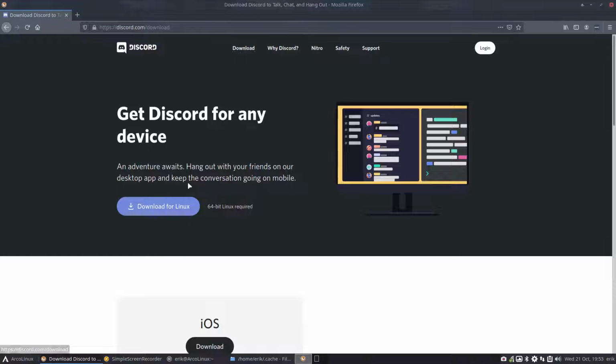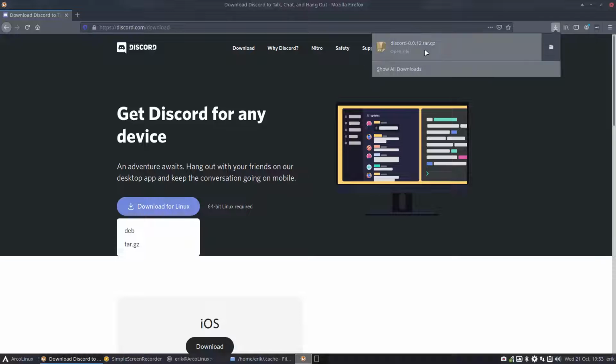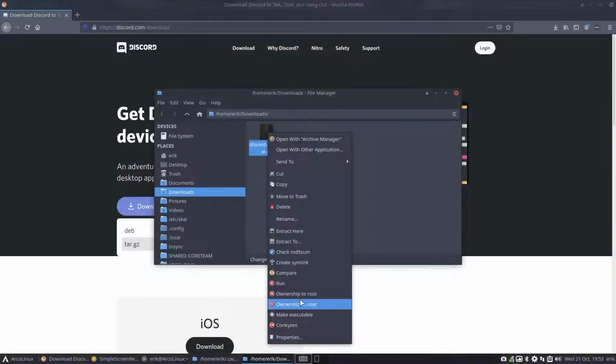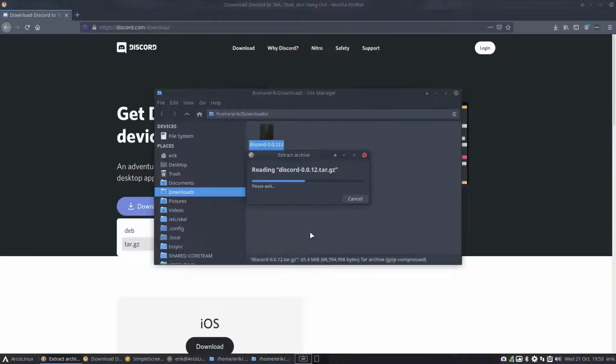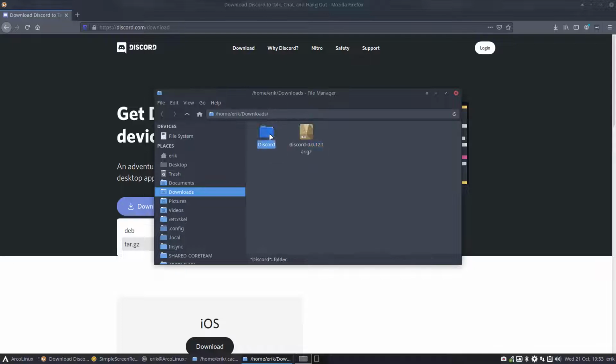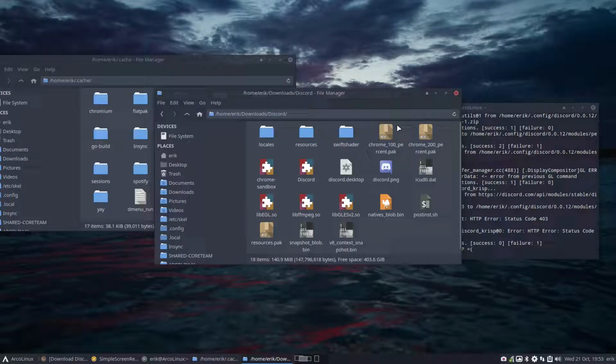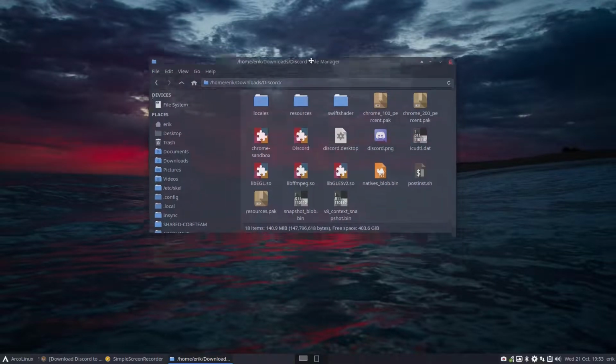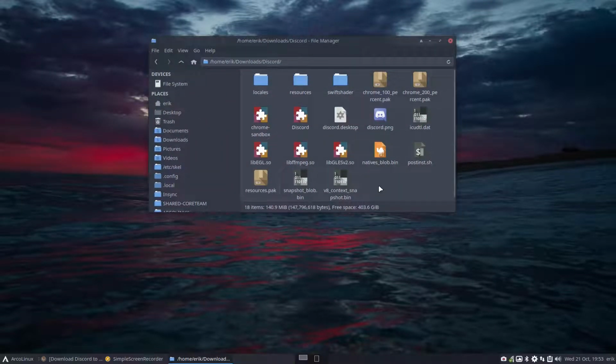And you say, sure. Deb is a Debian one. That's for the guys of Linux Mint, Ubuntu, stuff like that. And this is our tar.gz. I've already done this exercise, so extract it, and then you read. And it all depends what they supply, right? It all depends what they supply. So this is what comes down, and this is it.